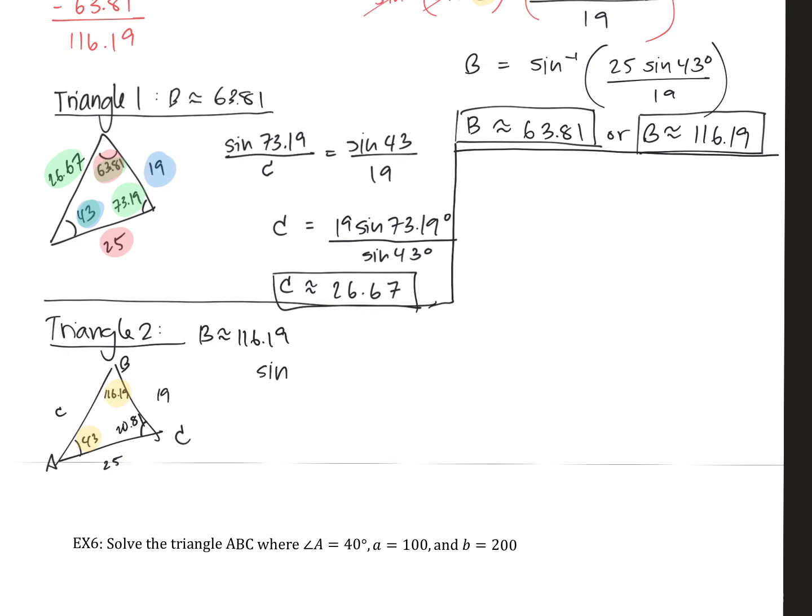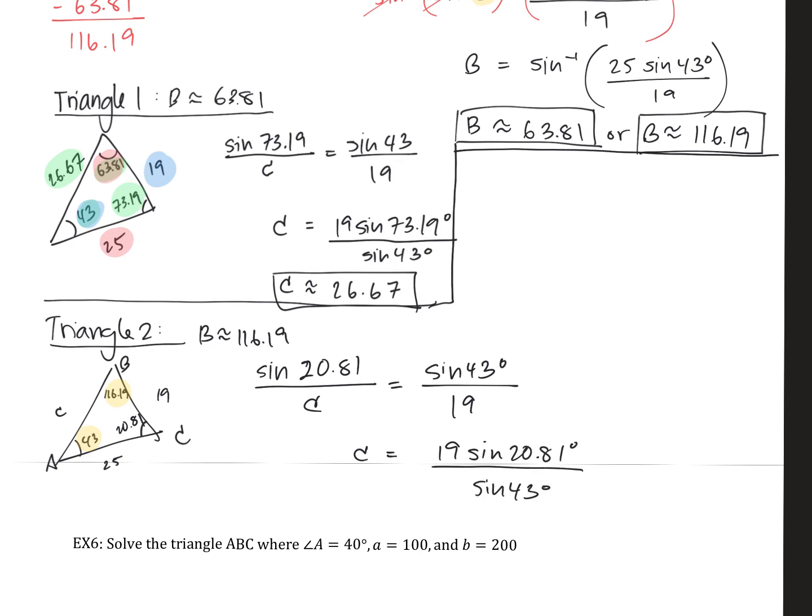Okay, so we know sine of 20.81 divided by the value we still don't know yet, which is lowercase c, will be equal to, and we'll go ahead and pick sine of 43 divided by 19. Once again, we pick this one because the least amount of times that we play with approximated numbers, the better our actual answer will be. So C is going to equal 19 sine of 20.81 degrees divided by sine of 43 degrees. So C comes out to be approximately